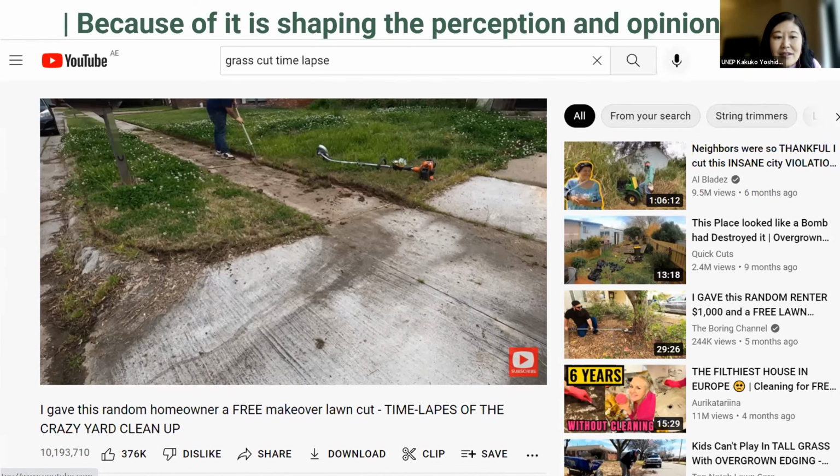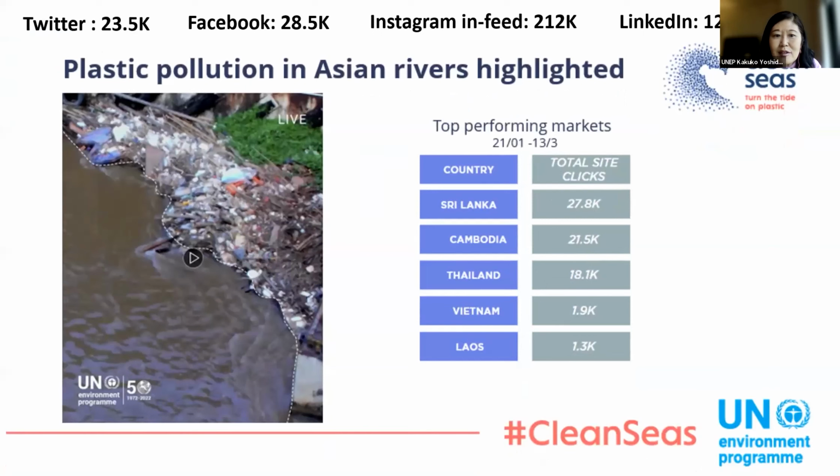And then I looked at it. This has 10 million, or some of them have 10 million viewers. Some have 1 million viewers. So I said, okay, people do watch this kind of stuff. That gave us an idea to do a time-lapse image through a CCTV camera set up by the Asian Institute of Technology in the upper part of the Mekong River in Thailand, so that people can watch through our CCTV camera how much plastic pollution is accumulating in one section of the Mekong River.